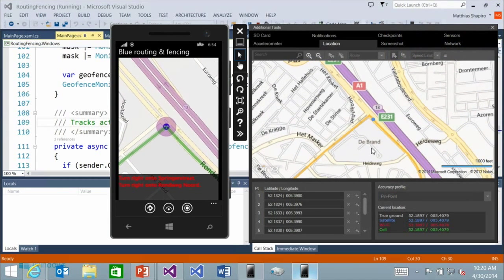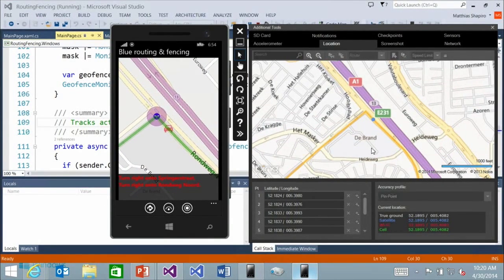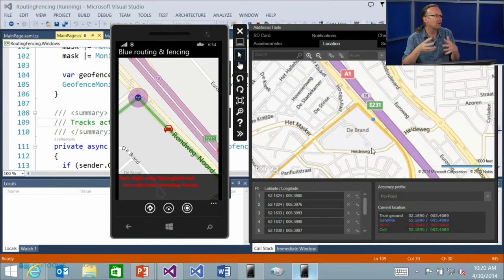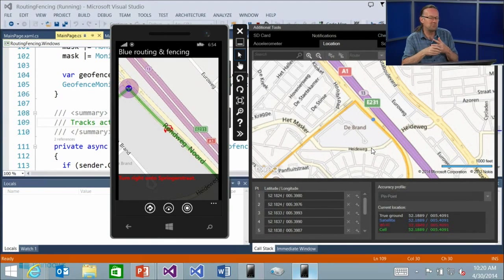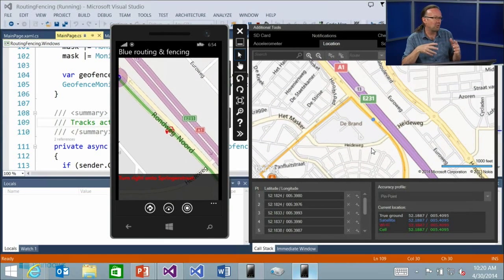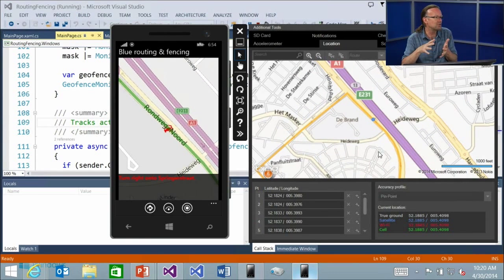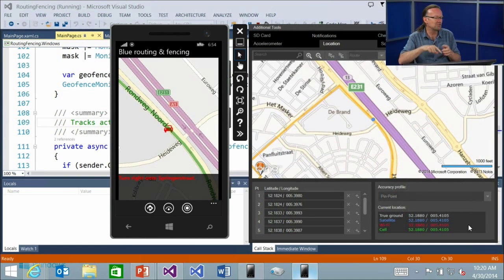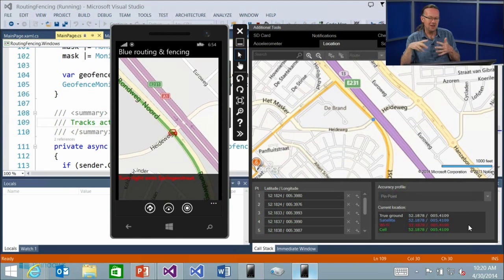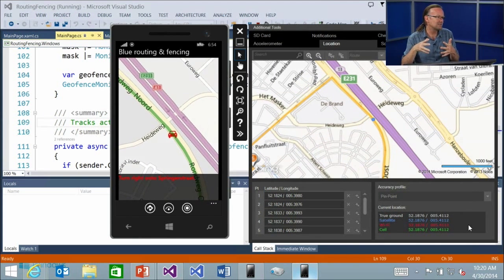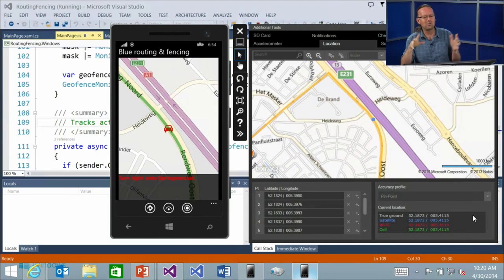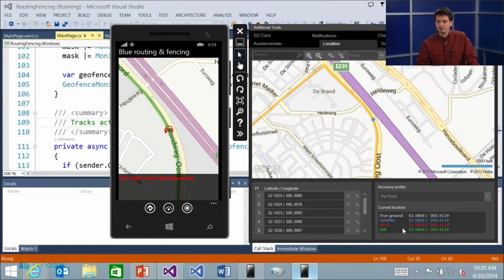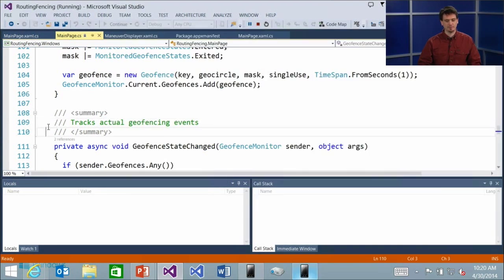Then you can just replay them. And it's worth mentioning when working with geofencing that using routes like this is the way to go, because the geofencing monitoring software inside the OS has all sorts of optimizations to eliminate false positives and to throttle the number of changes. So if you start putting loads of push pins all over the map and the positions jump around in a random way, it might well reject those readings and say, that's not possible, I'm ignoring that one. So using routes is really the way to go when you're testing this stuff. It's extremely powerful, and it's really easy to use. Just open it up and start playing with it. That would be my recommendation.